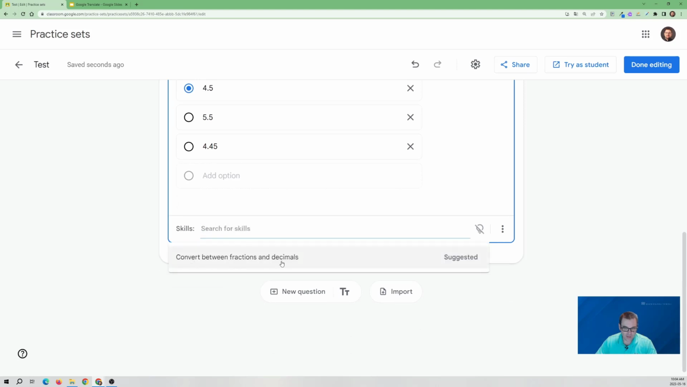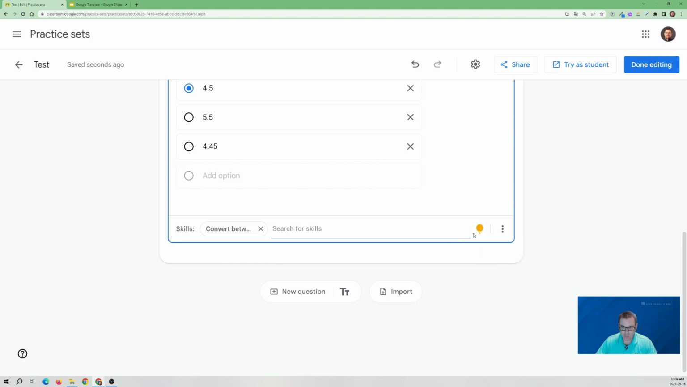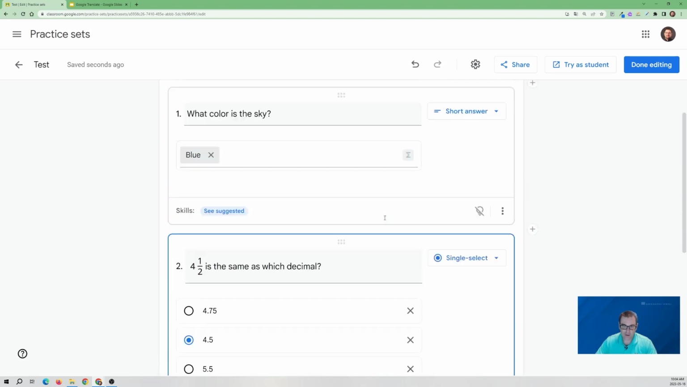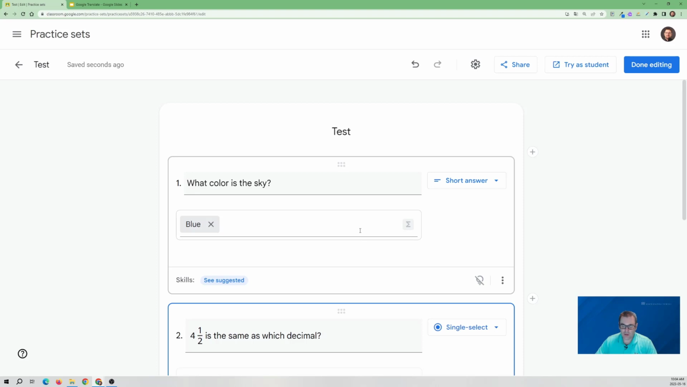And convert between fractions and decimals is a skill that's here. So let's go ahead and click that. And now we'll see the light bulbs shine up, and we'll take a look at how to look at that later. The one place where this really does shine, because this is very similar to Google Forms, and the advantage